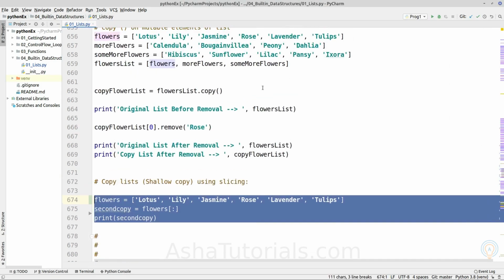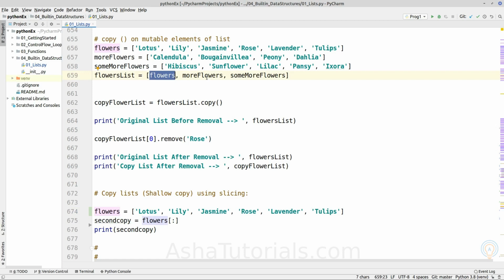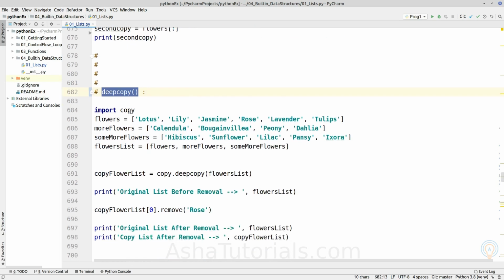Okay, so now what if we want to create a copy of the inner object also, instead of just copying the memory address of a given object? For that, the method is deep copy. Deep copy is a method of the copy module which takes a given iterable containing multiple objects which may be mutable or immutable.